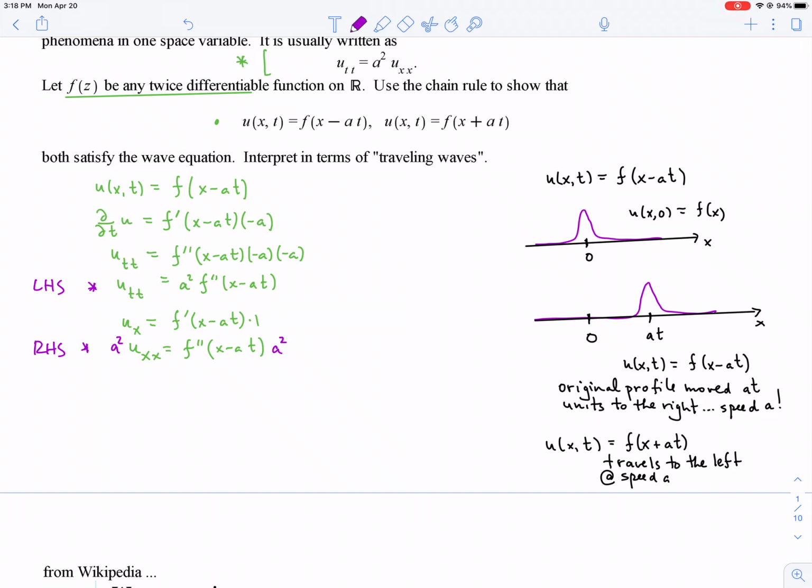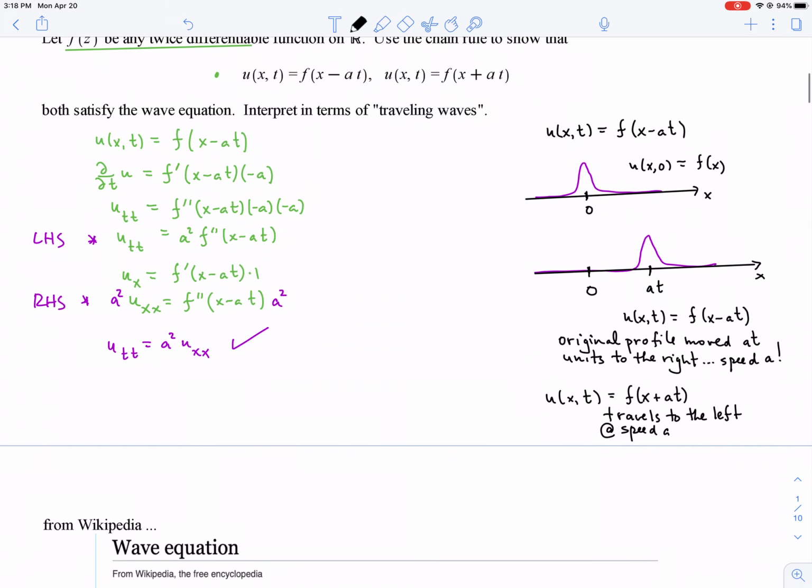They both equal a squared times f double prime at x minus at. So u sub tt equals a squared u sub xx. Those composition functions are solutions. And I could have done the same thing